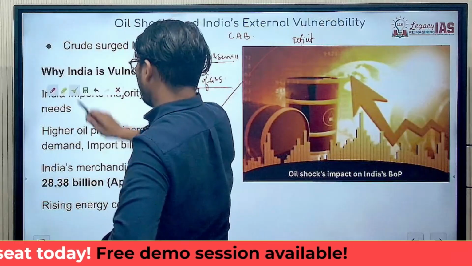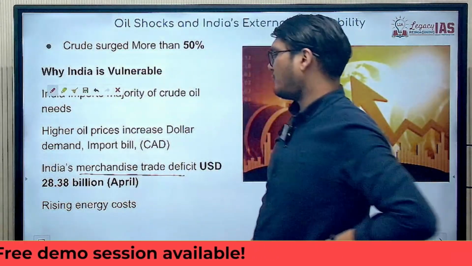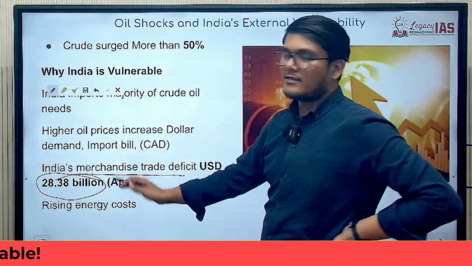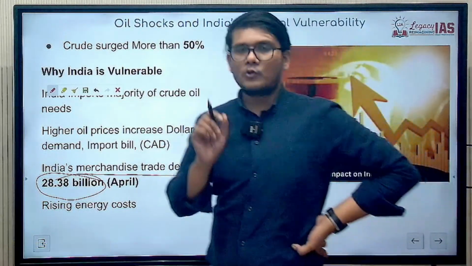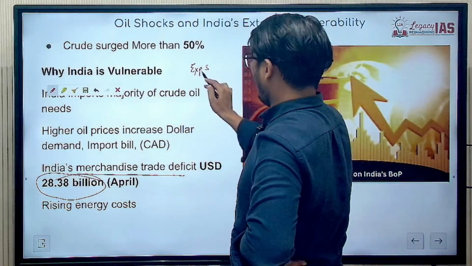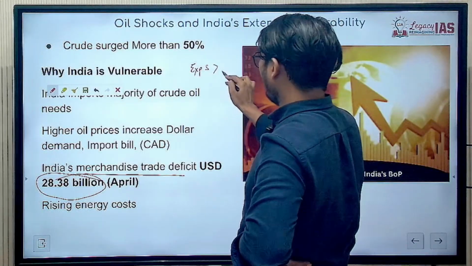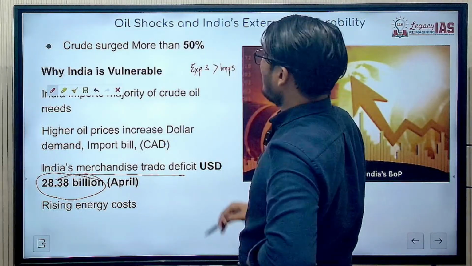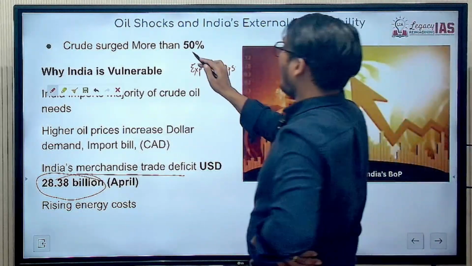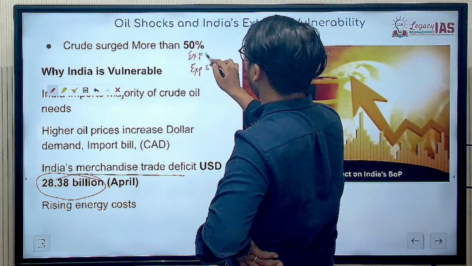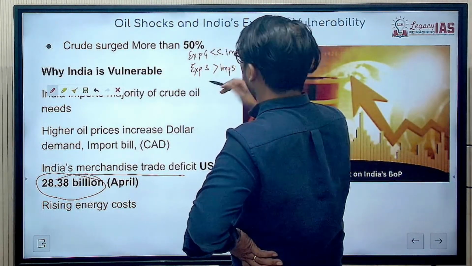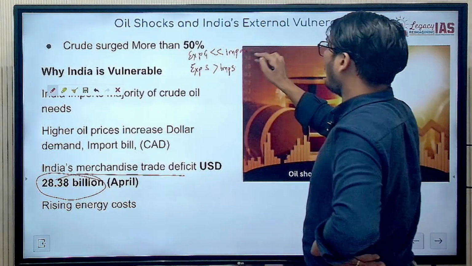So which you can clearly see, India's merchandise trade deficit is $28.38 billion as of April. One thing that you should remember is, with respect to the export of services, we have higher export of services as compared to import of services. But why is our current account balance in deficit? Because our export of goods is way lesser than the import of goods,